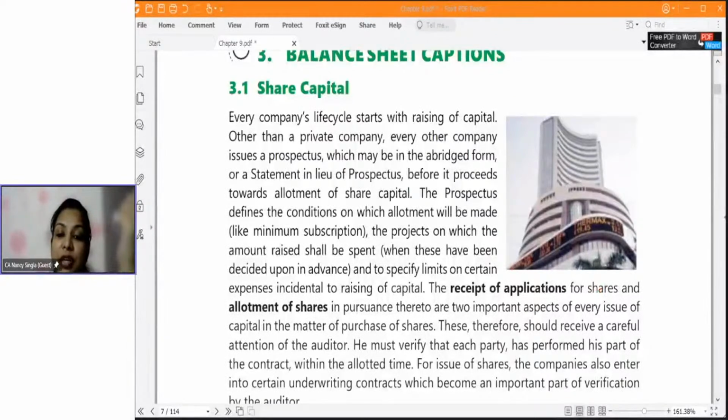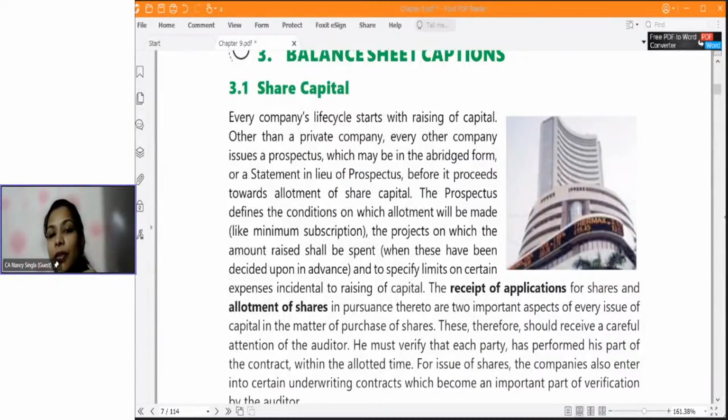Section 53 with respect to issue of shares at discount. Section 54 with respect to sweat equity shares. Section 66 with respect to reduction of share capital. And then we will be looking at the presentation and disclosure as is required by Schedule 3 to the Companies